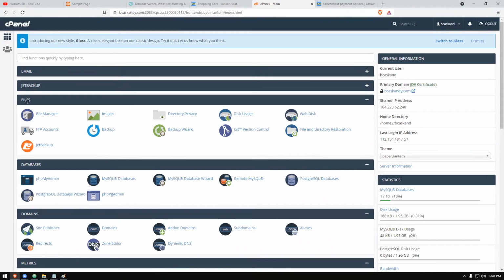Under the files section, File Manager will be useful for us. You can check the disk usage and things like that. This is one thing I'm going to use. Number two, I'm going to use databases. First, I'm going to create my database under MySQL Databases. Then I'm going to use phpMyAdmin to migrate my database from my developer PC to this server. Those are the two steps I'm going to mainly do. All right, now what we're going to do is, first we will go to the File Manager.